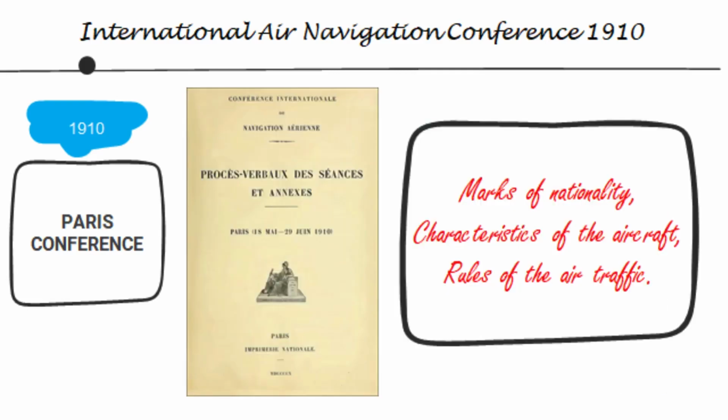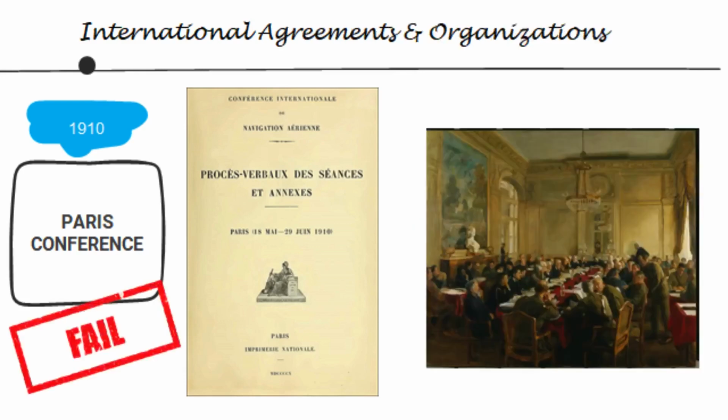This draft international convention discussed nationality of aircraft and registration requirements, approval and airworthiness certificates, and authorization for air traffic within the borders and above a national territory. This conference was a failure, as no government took action on the ratification of the convention. States could not agree whether airspace should be open to all, or whether states have sovereignty over airspace.